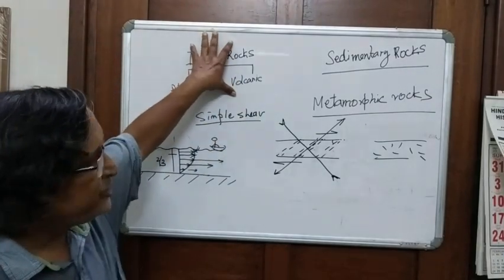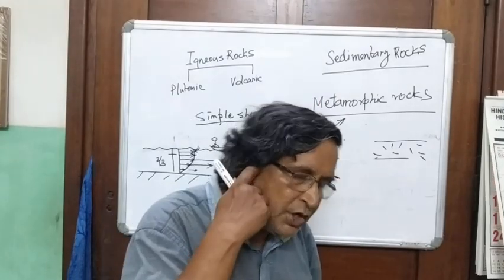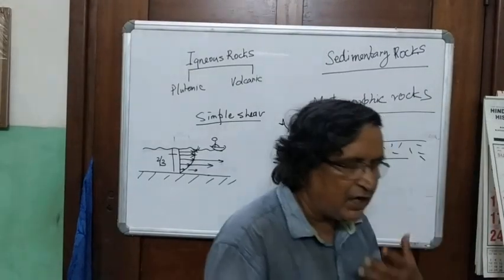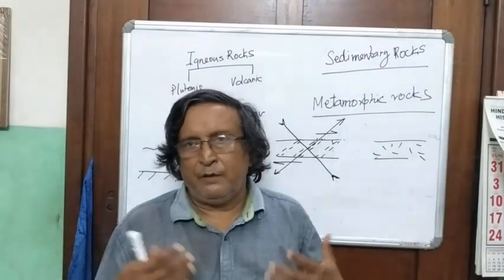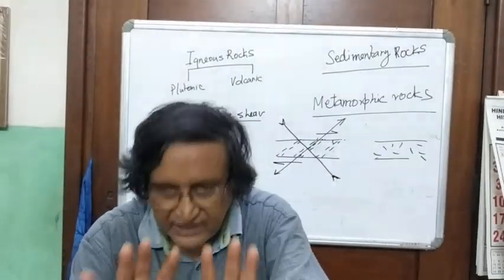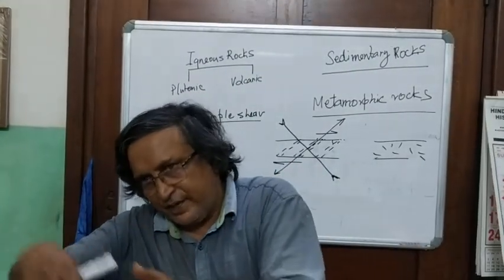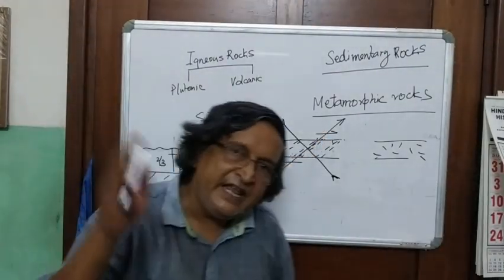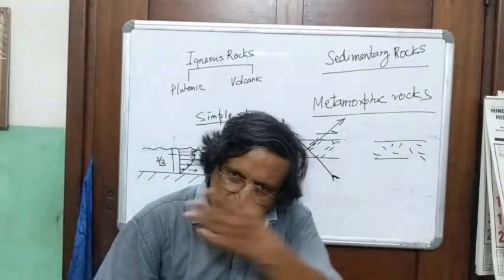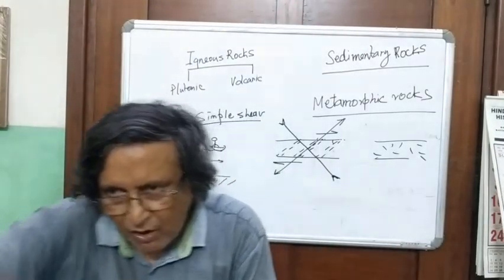we have talked a little bit about igneous rocks, we have talked a little bit about sedimentary rocks, and we have talked a little bit about metamorphic rocks, pre-existing rocks that are subjected to newer pressure, temperature, and composition. They undergo mineral chemical changes. Why do they undergo mineral chemical changes? Please wait, I will tell you. But they change the mineralogy in response to pressure, temperature, and composition, and they normally have a well-developed foliation